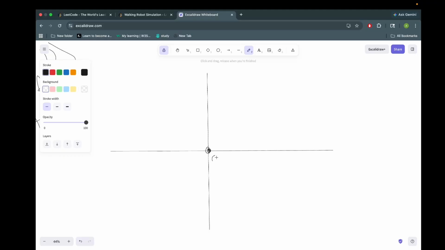Started here, that's 0, 0. Let's say there's an obstacle here. Let me put it as 5, and this is maybe 3. So the obstacle is at 5, 3. And if our pointer, let's say we are right here currently, and we have to go